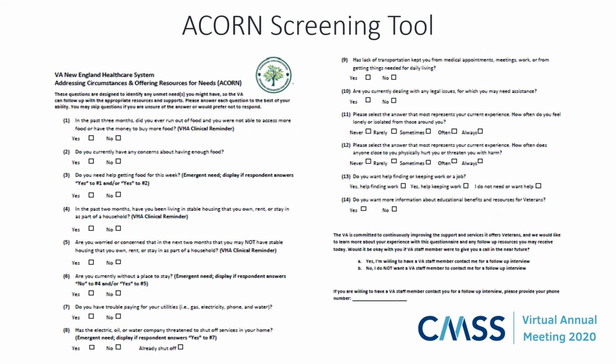But there are holes. Because VA has thought in terms of services for homeless veterans and services for food insecure veterans, there is not coverage of all the social needs that benefit veterans. In New England, we are helping Dr. Alicia Cohen and Lauren Russell pilot this screener that includes assessing need for help with utilities, transportation, legal services, intimate partner violence, social isolation, employment, and education.